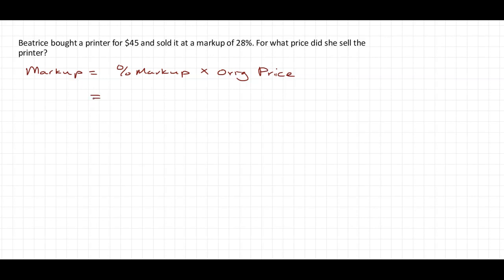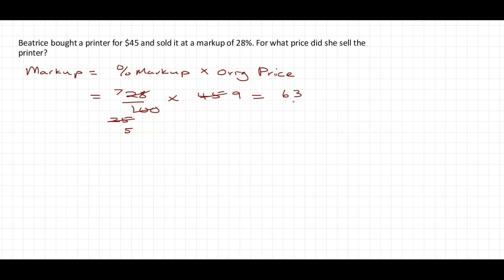So our markup here is going to be 28 over 100 multiplied by 45. So let's go ahead and simplify. I can divide both of these by 4. This gives me 7 over 25. I can divide this by 5. I get 5. Divide this by 5. I get 9. So this is going to give me